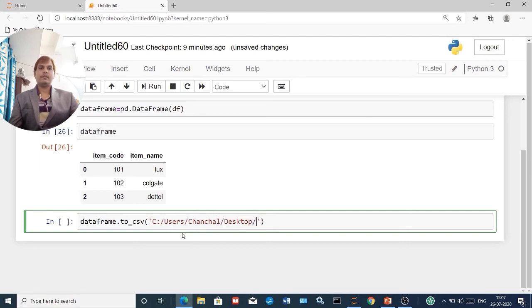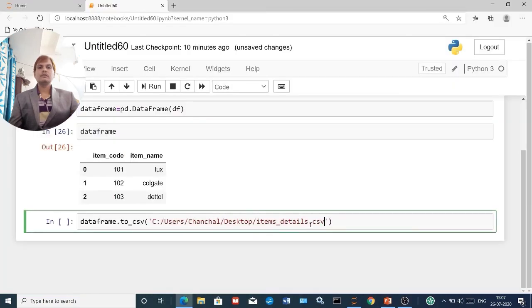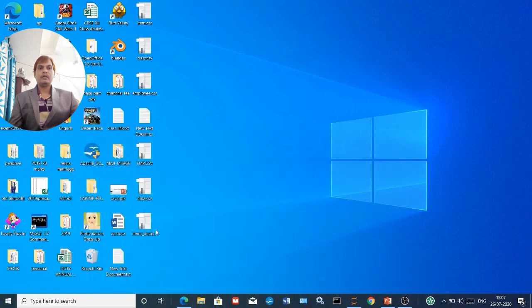Now any file name you can give here. I will give a file name, item details dot CSV. Right now you can see we don't have such a file here. Now I'll hit enter and I will get my file on the desktop.